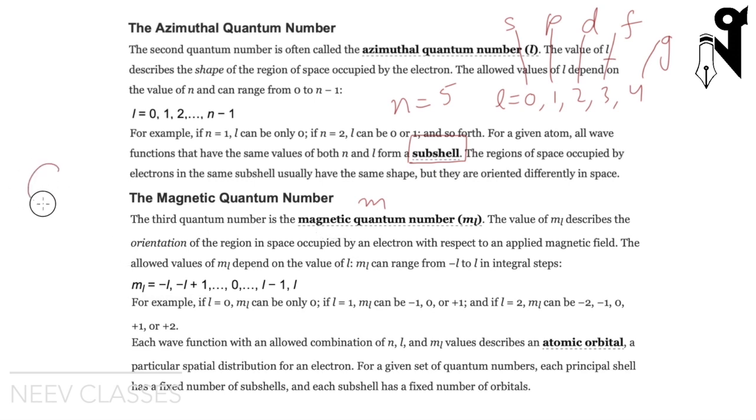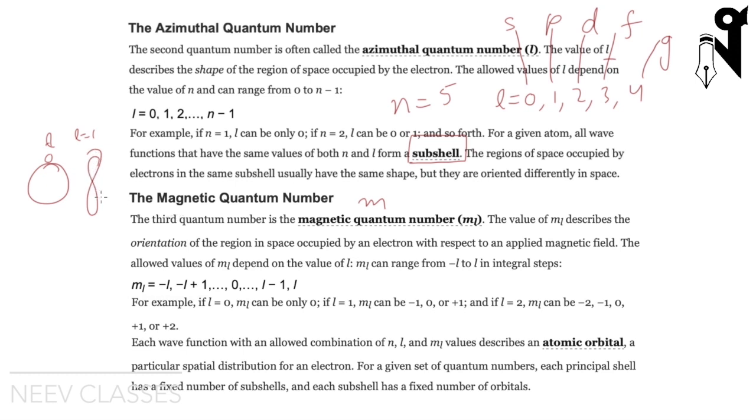Even if you were guessing that L should have some effect on the energy, L was a different shape altogether. Your L0 is this, and L1 is this shape. So you might have thought that it will have some effect on the energy. It was not having for hydrogen atom, but M cannot have any effect on the energy, because M is simply